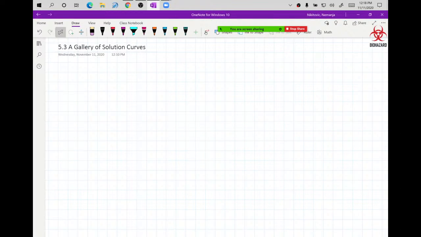Hello and welcome back to Differential Equations, section 5.3, the gallery of solution curves for linear systems. So now we know that we can have any number of equations, which would have an appropriate number of unknown functions which you are supposed to solve. So our linear system